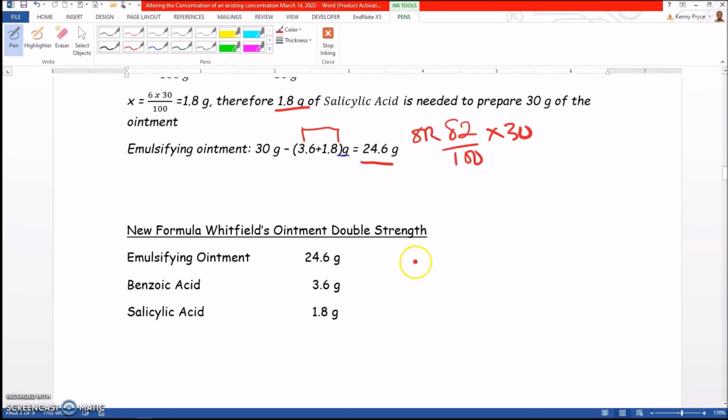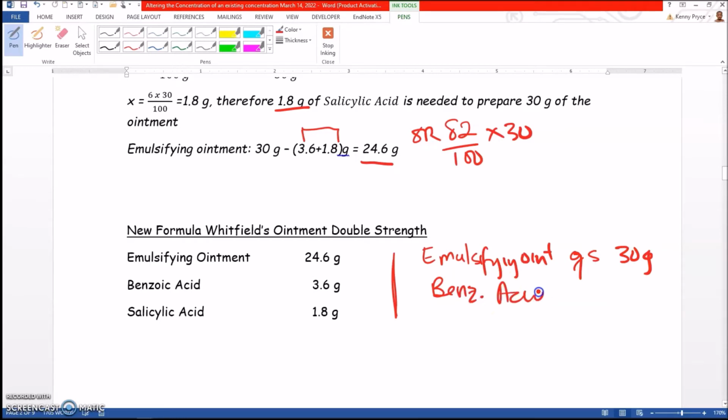So your new formula for the double strength would be emulsifying ointment 24.6 grams, benzoic acid 3.6 grams, and salicylic acid 1.8 grams. Another way of writing this would be to say emulsifying ointment QS 30 grams, and of course benzoic acid would be 3.6 grams, and salicylic acid would be 1.8 grams. Either way would have been correct, because you would have been making up to weight with base to make 30